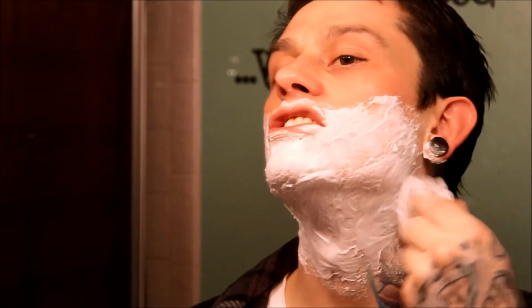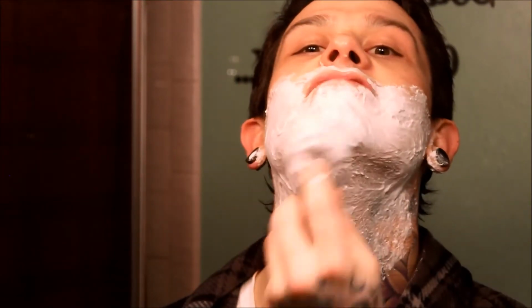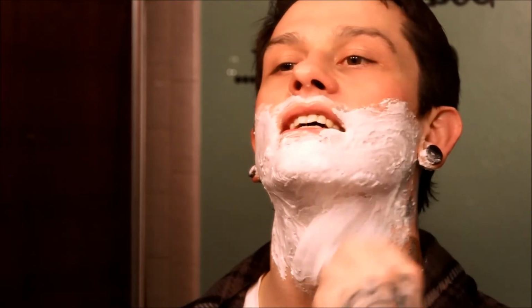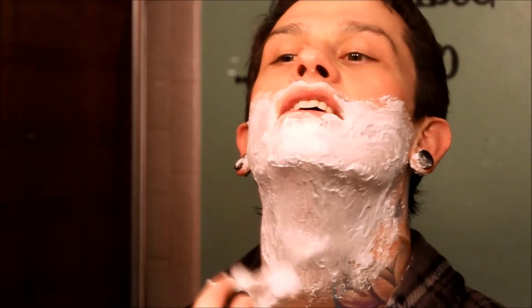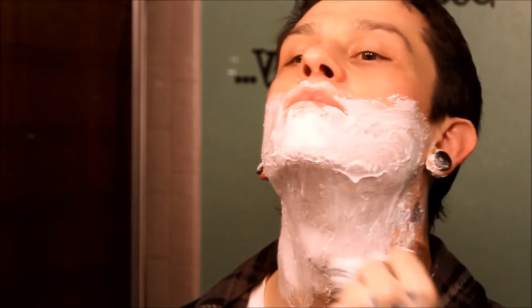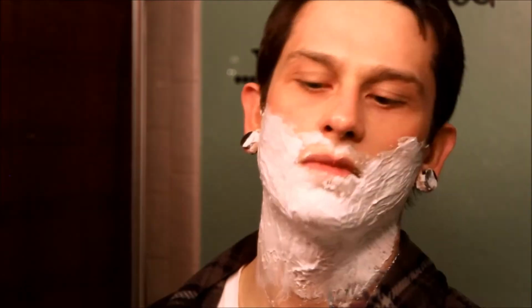You don't want any skin showing through. You don't want a whole lot of bubbles. And you don't want a really dry lather. You'll be able to tell a really dry lather by a lot of skin showing through and a lot of patchiness. Like I said, common sense dictates, but you'll be able to tell. Then we'll just finish by painting the cream against the grain, across the grain. And then for underneath the hair,